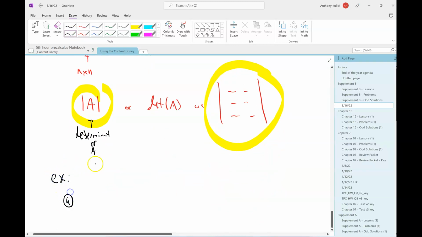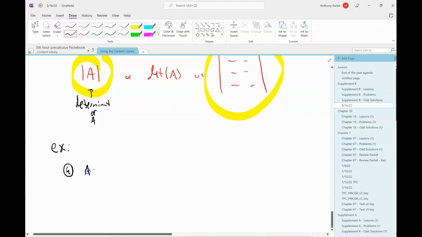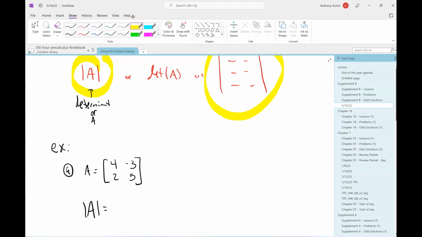We're going to do two examples. So I'm only going to expect that you're able to do by hand a 2x2 determinant or a 3x3 determinant. Okay, so this is a 2x2. The way we do that is we take